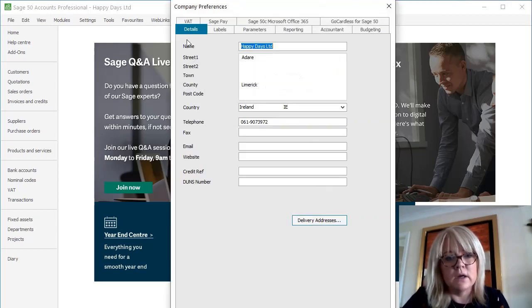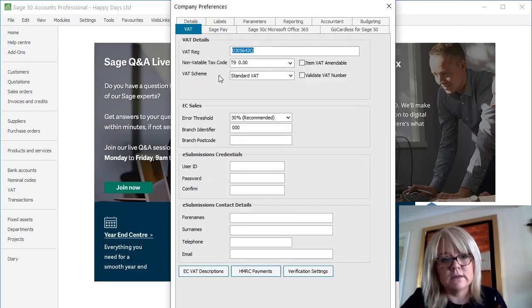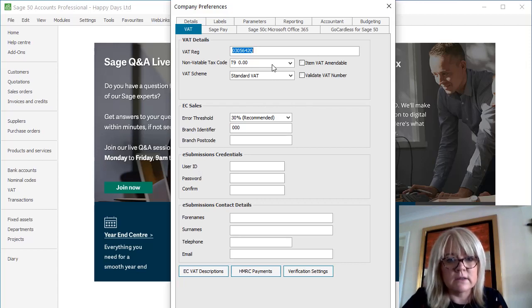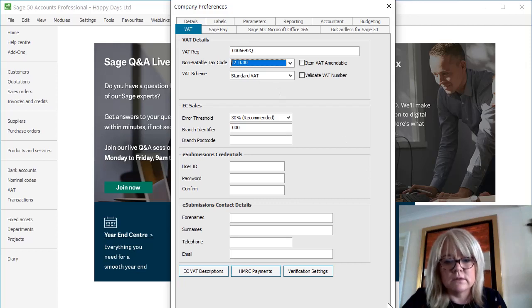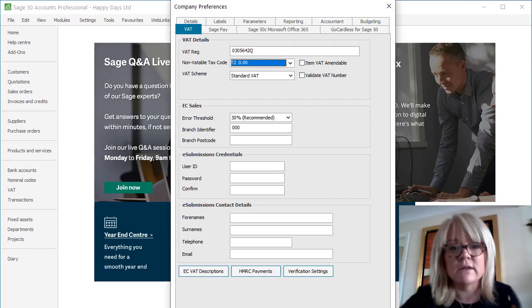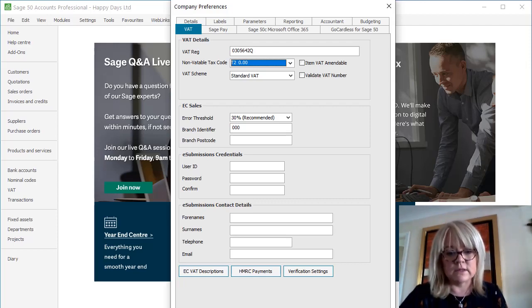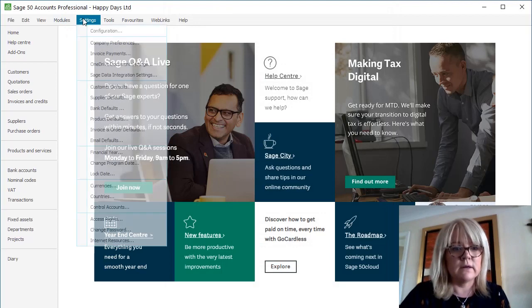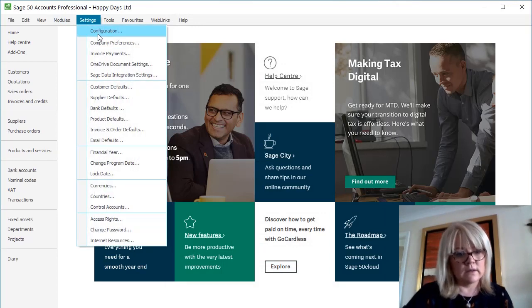In here I can click on the VAT tab, and it just tells me that there's a list of tax codes. So there's my T1, and I need to put in a T2 there as well, so I can cancel out of that. The T2 is going to be the 13.5% that I need for one of my invoices. So I'm just going to cancel there, and if I go to the settings and configuration,